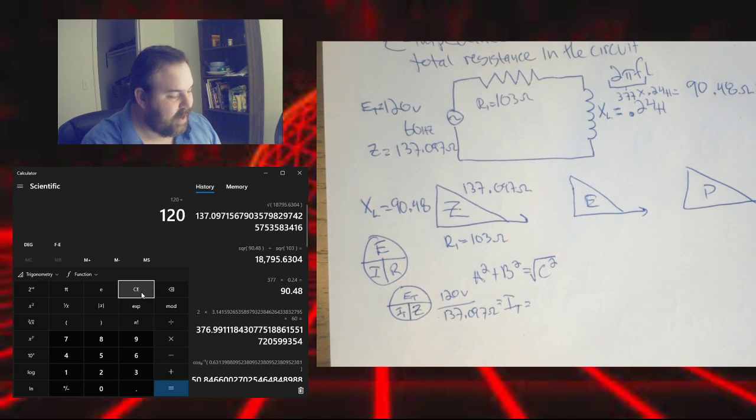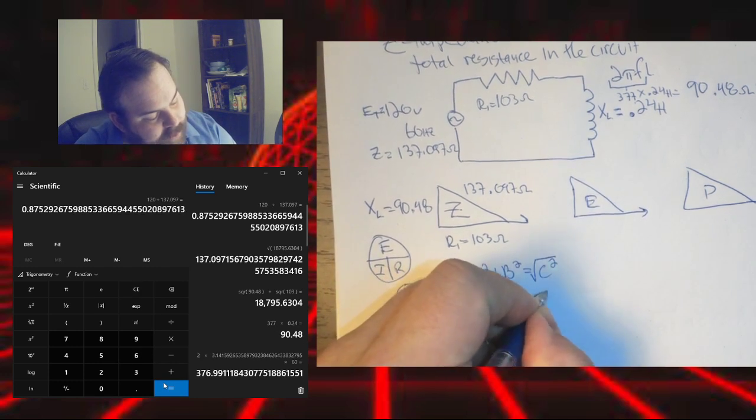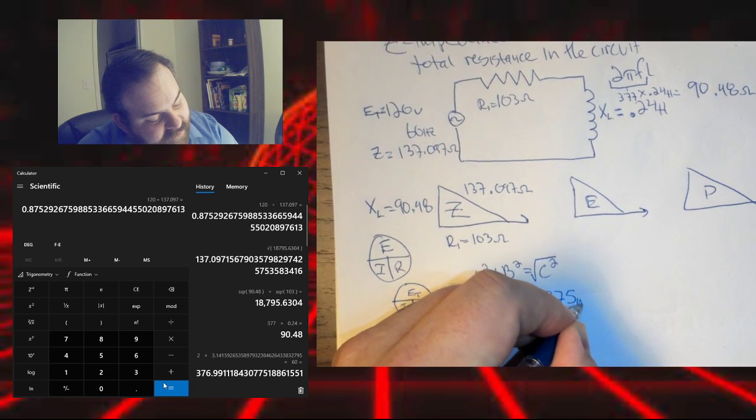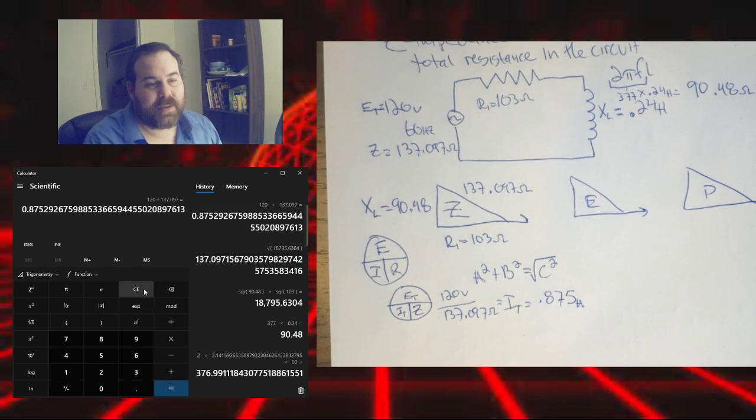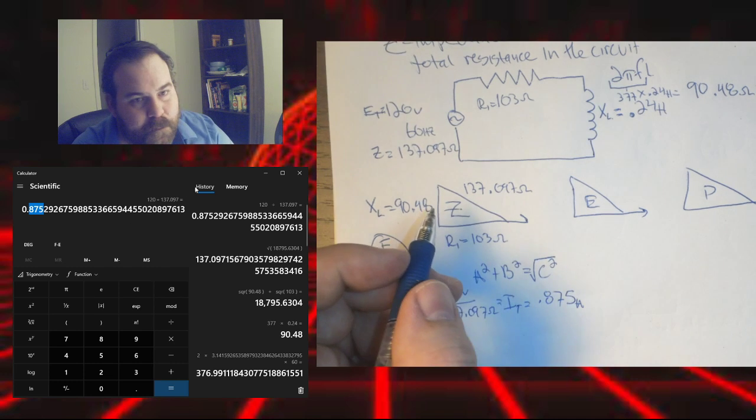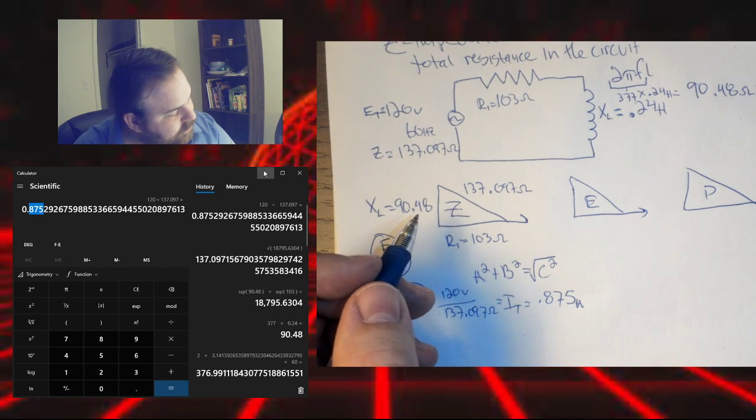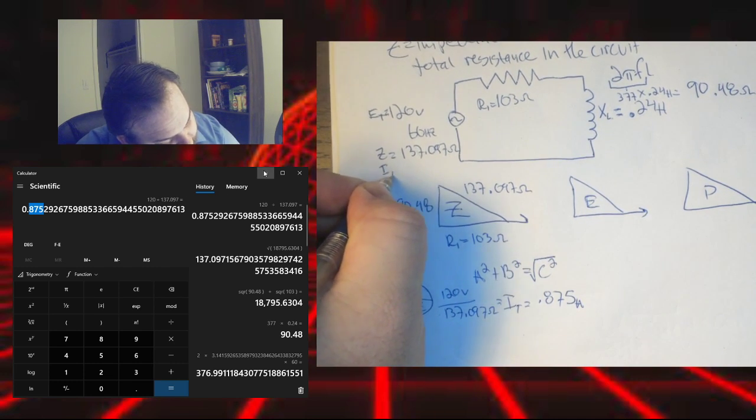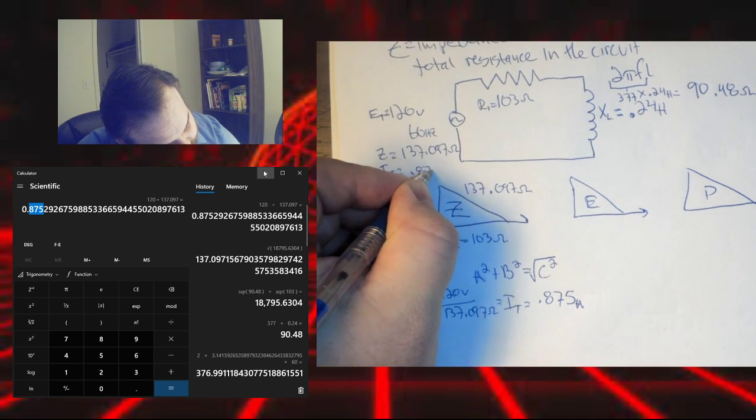120 divided by 137.097. What do we get? 0.875 amps. I only take 3 numbers because that's too many numbers. So 0.875, that's all I want. Bring it up here for my total, 0.875